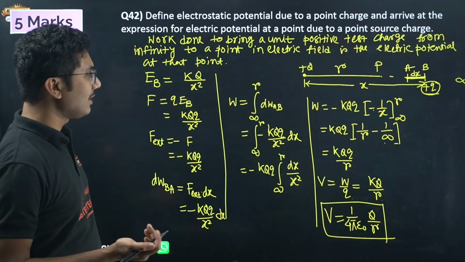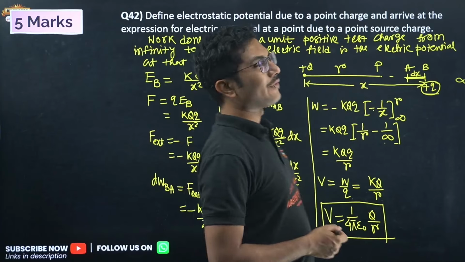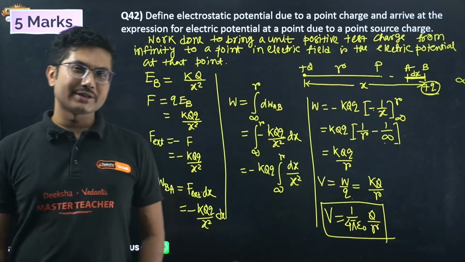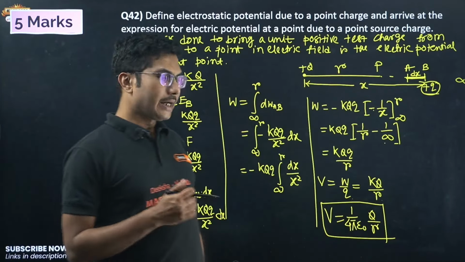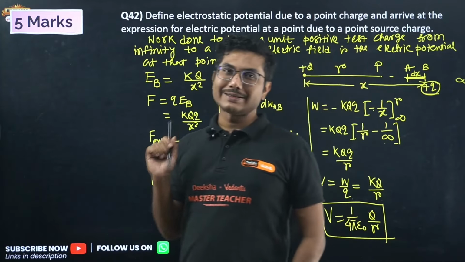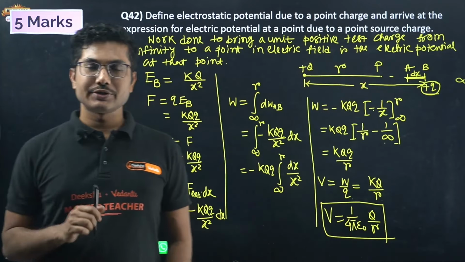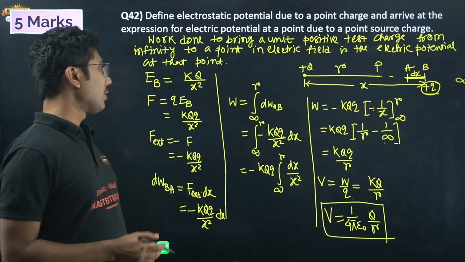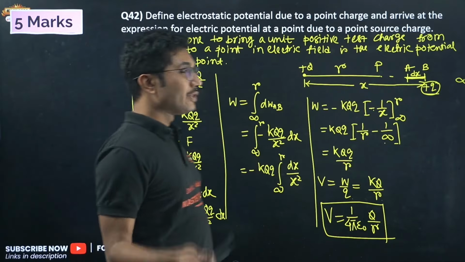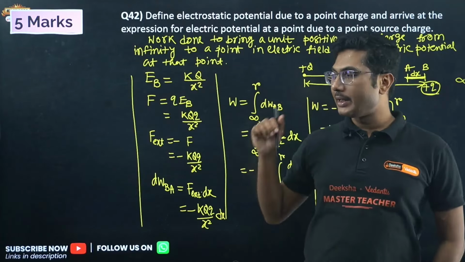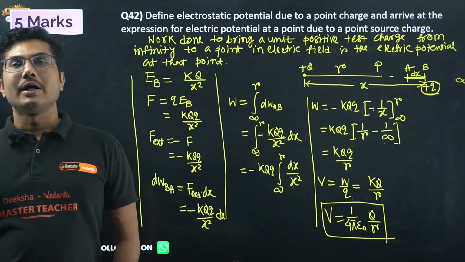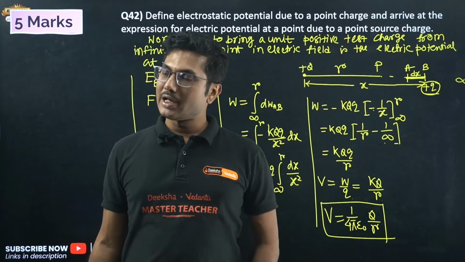Easy derivation again. This came in 2025 exam, so this derivation coming in your final board exam is less likely. But do not ignore this derivation, because the PU board has a tendency of repeating questions in back to back years. So this question might be repeated again in 2026. Okay, so if you ignore this thinking that it already came in 2025, don't do that.